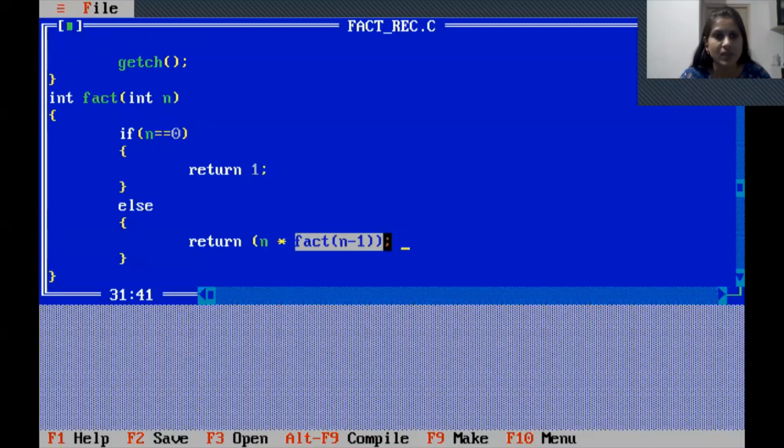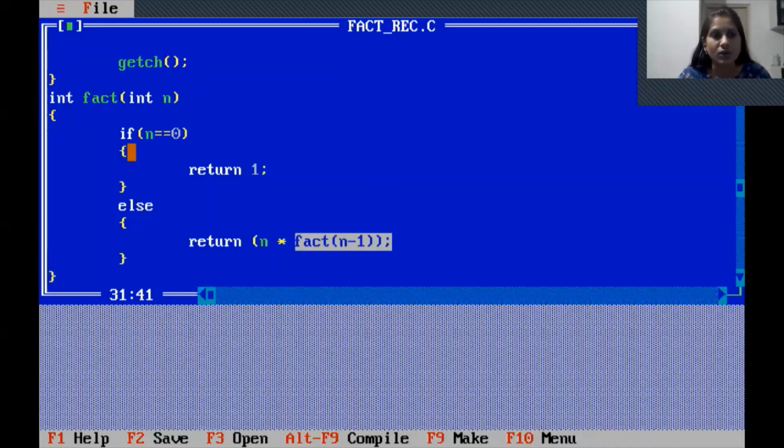The name is the same, but here the argument is n minus 1, depending on the value of n. Whenever a function calls itself like this, it is direct recursion, which we already discussed in the theory portion, and this is the recursion concept.